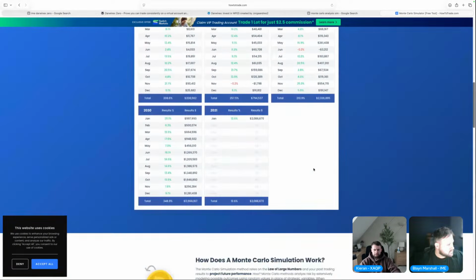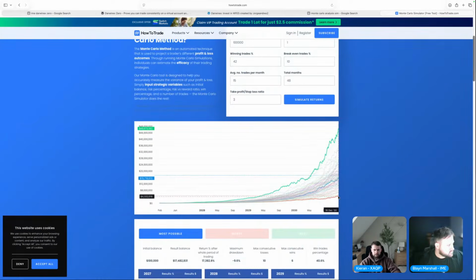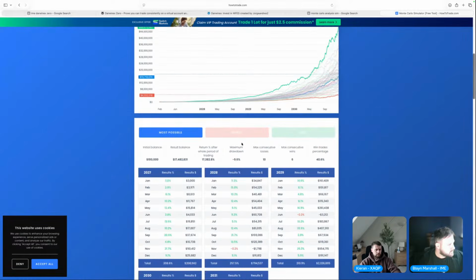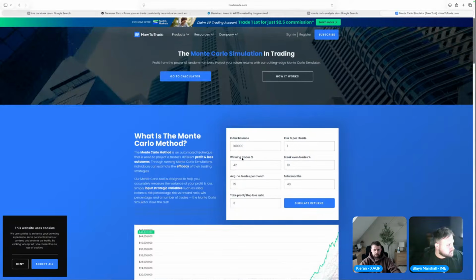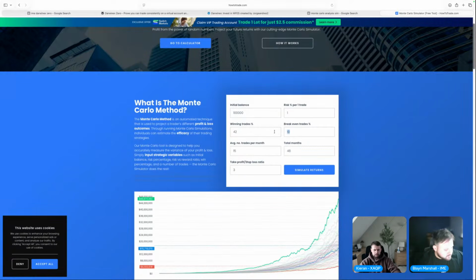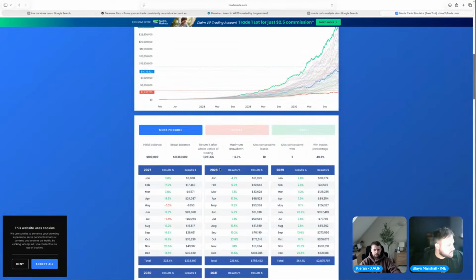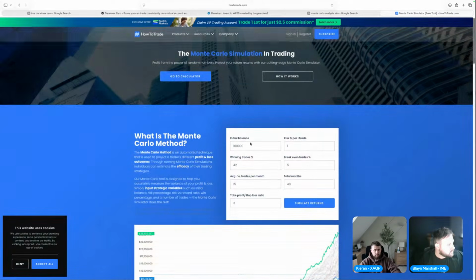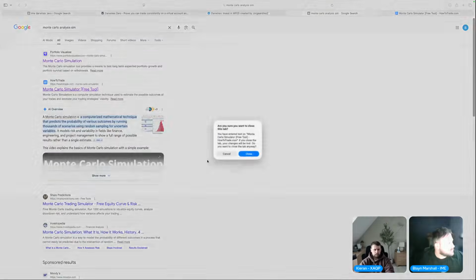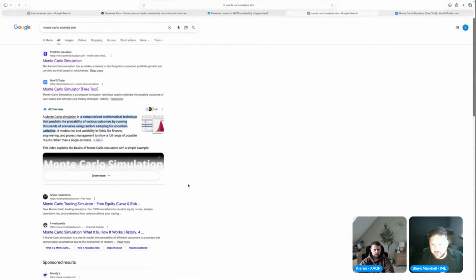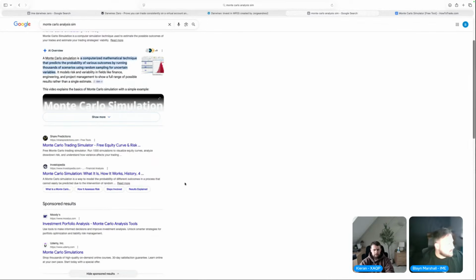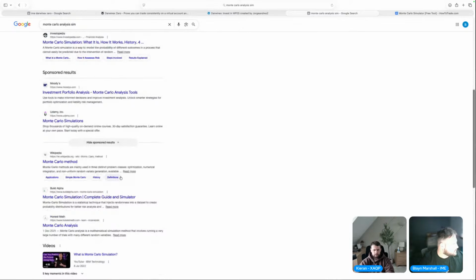So where is it? Is it going to show me where the maximum loss is? Worst. Yeah, this is not doing it properly. Yeah, I don't think this is a good one. This is not doing it properly with the math. Because it would not be 1% risking 12% drawdown based on 1% risk at 40% win rate. That is not going to happen.